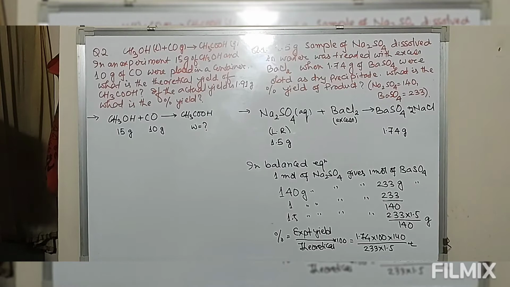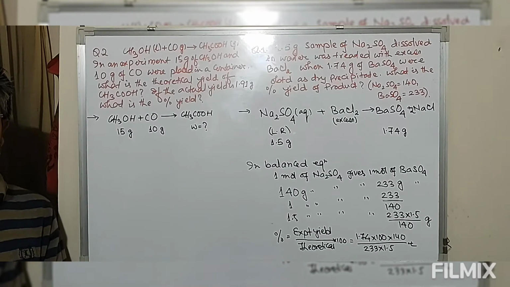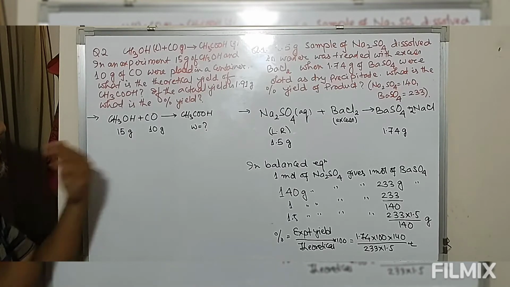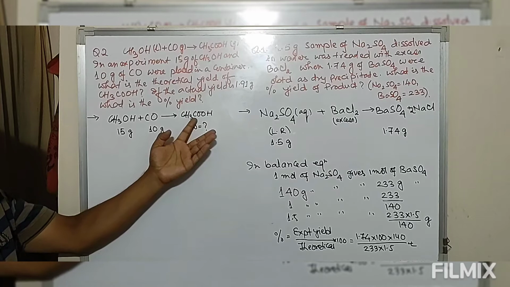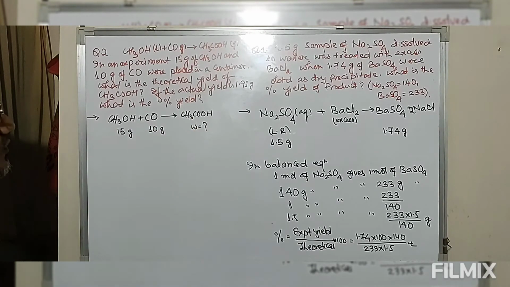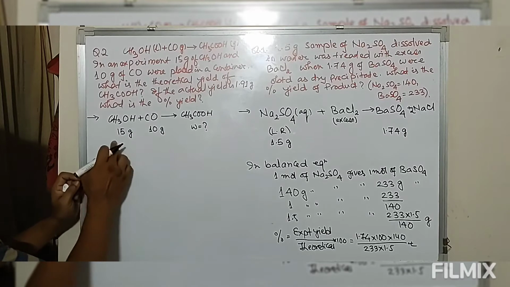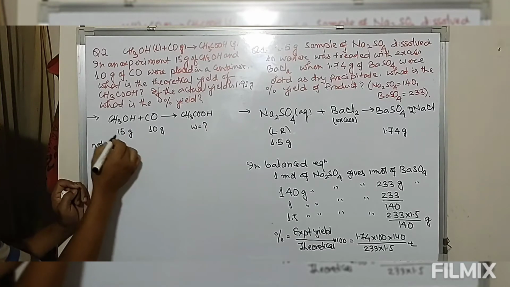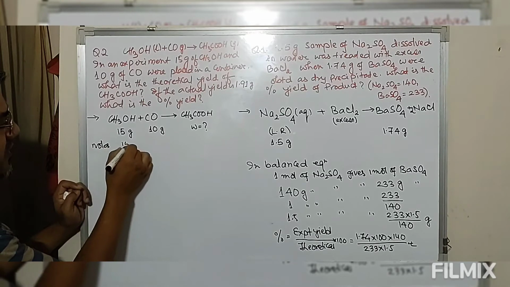So now the first thing is, out of these two we have to decide first what is the limiting reagent. Once we know the limiting reagent, we can easily define the expected mass or the yield of the product formed. So first we have to define the limiting reagent. Now we can convert this mass into number of moles. So number of moles is mass divided by molar mass.